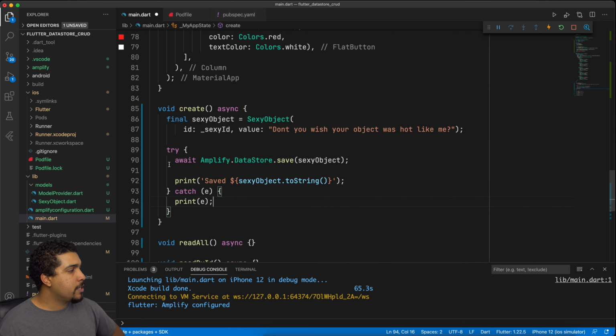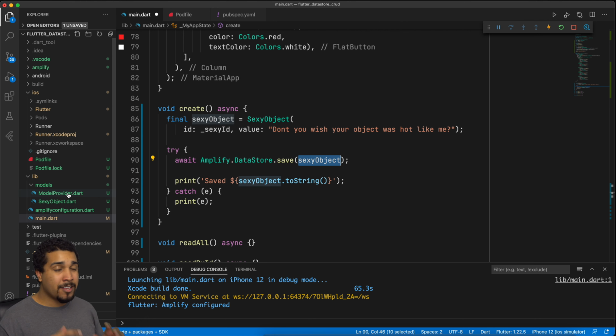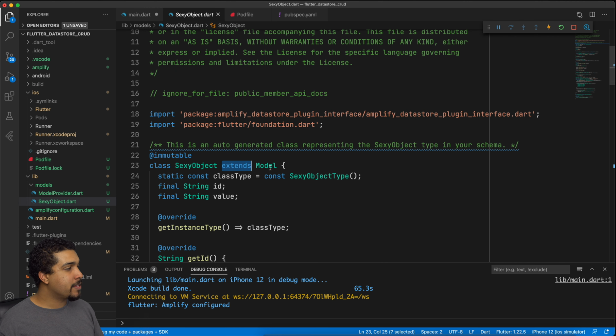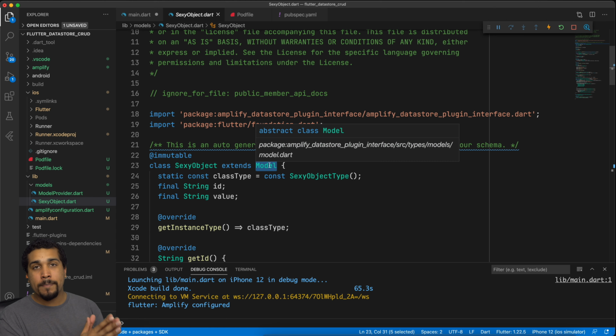All right, so as you can see, we're simply calling await amplify.datastore.save, and then we pass in an object. Now, regardless of the object, as long as it conforms to model, as long as it extends the model, and you can see that here when we go to our sexy object, you'll see that it extends this class model, and we can pass anything that extends model into